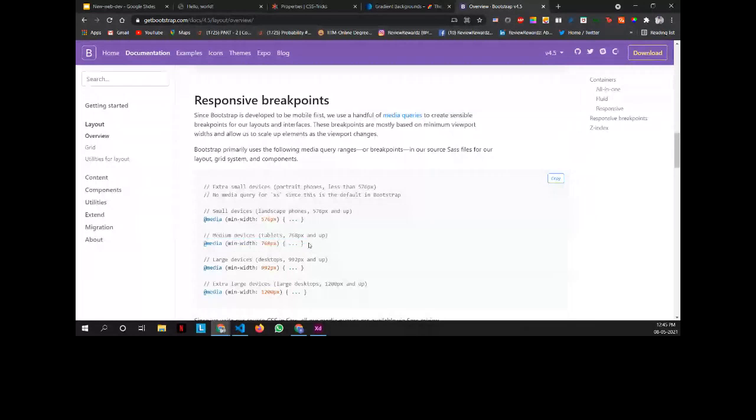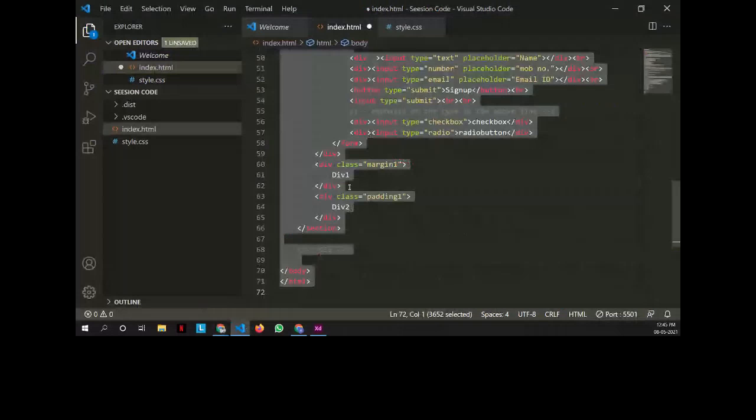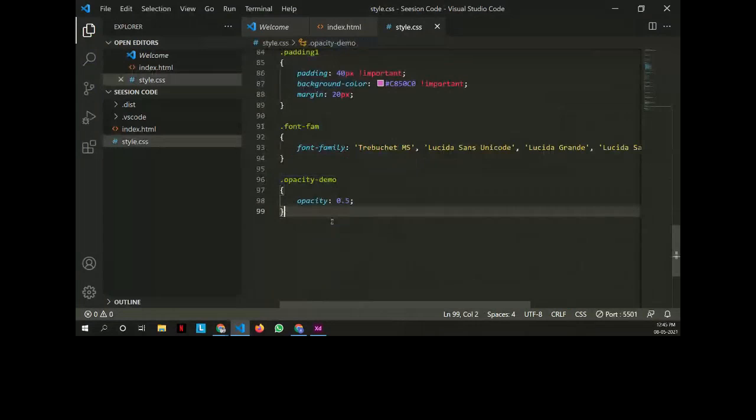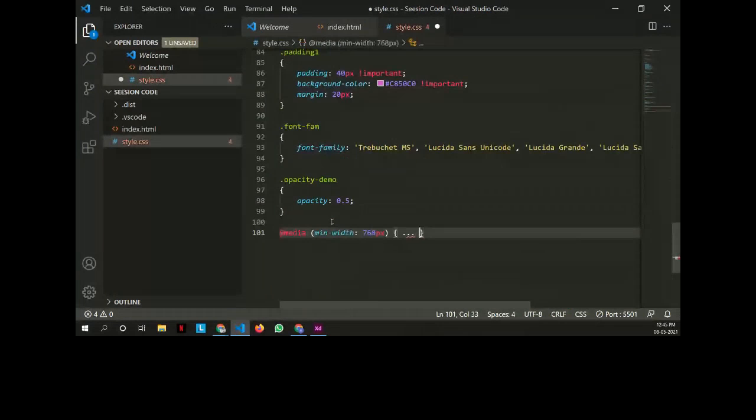So let me just give you all a demo. I'll just copy paste this media tag here, and let me just get back to the old code. Yeah. So if I add the media query here, and I add image width is equal to 100.